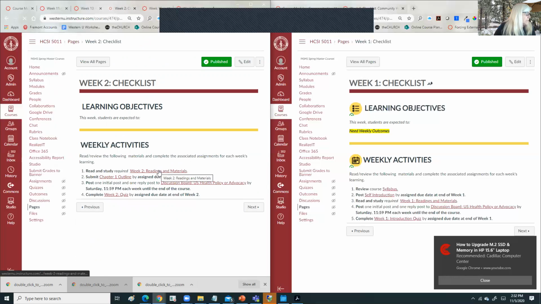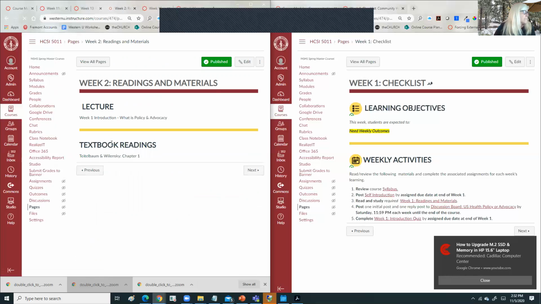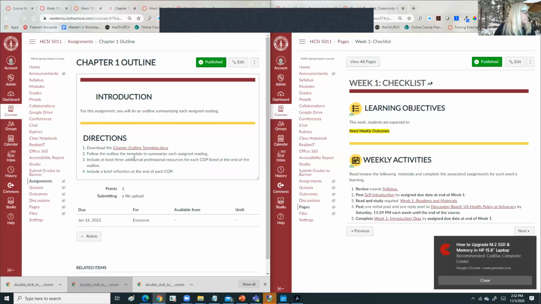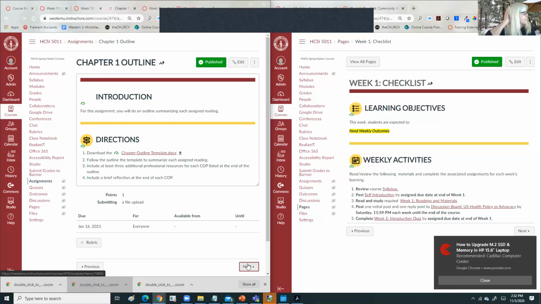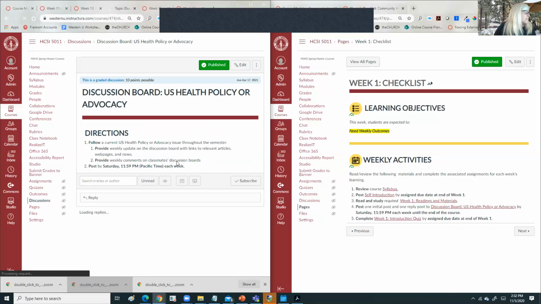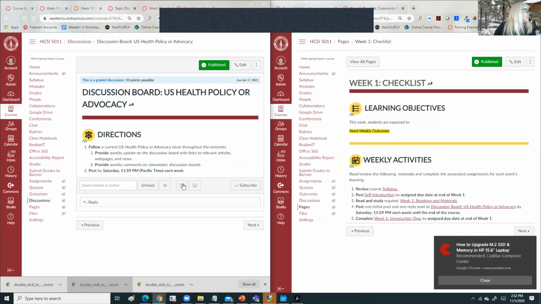We want to run over this, week 2, chapter 1 outline. This should be fine because it's the same in every week, and that's good. And then we click next. Next. Chapter 1 outline template, that should be fine, and that should be okay on everyone, so we don't have to really look at it. If we've copied something and it looks right, you can kind of skip past it. So now that we've done the whole up to next one's week 2,